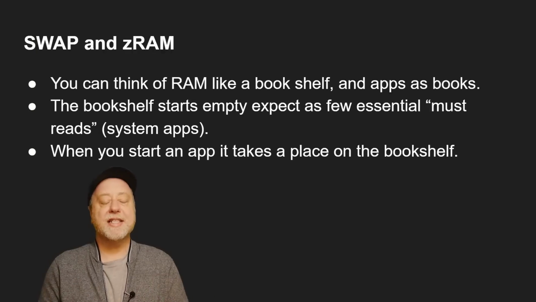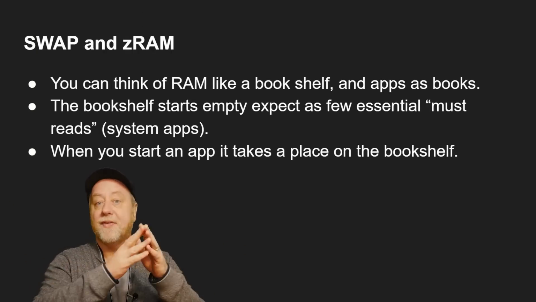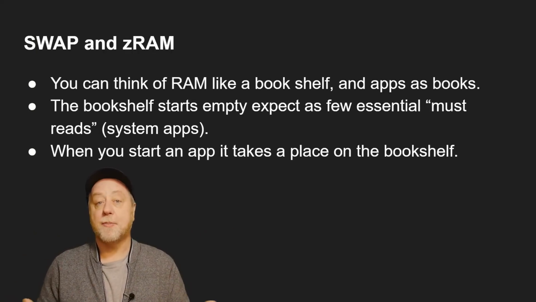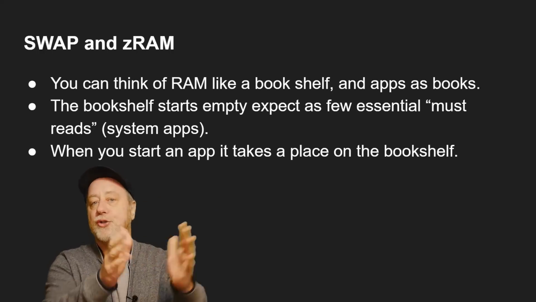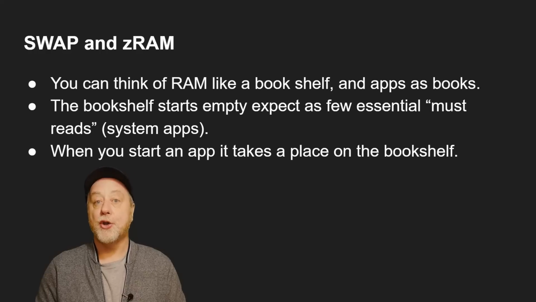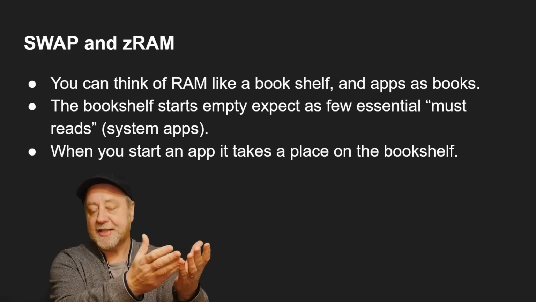So I was thinking of an analogy. Let's say you have a bookshelf with some space on it, and when you start up your phone you may have some apps already running, some of the Android stuff. Let's say there's some books on the shelf. Now every time you start a new app you add a new book to the shelf, that's the app, and it occupies some space. How much space you have is the total RAM, and you can put a certain number of books on there, and the free RAM is how much space you have left that's not been used. Now you can keep starting apps, you can keep putting books onto this shelf, but at some point the RAM is going to be full, the shelf is full of all the books,